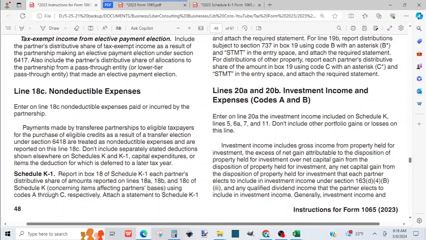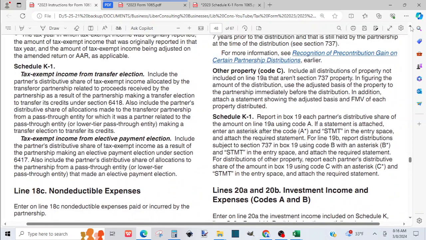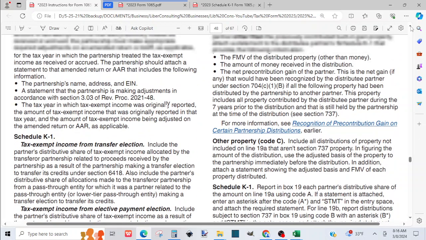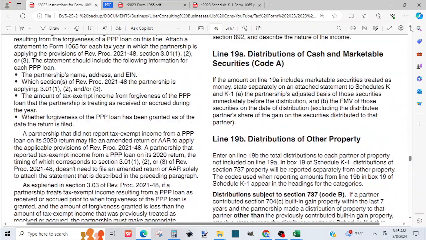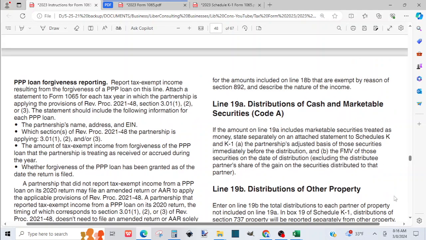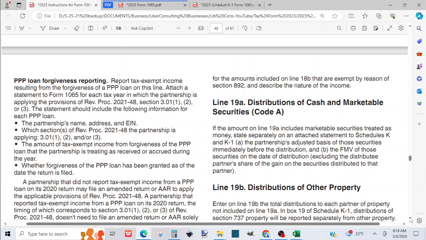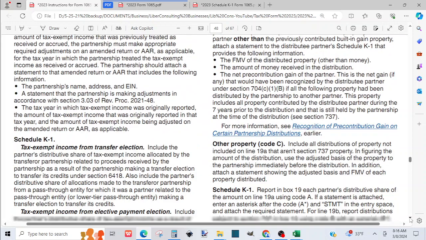$18C, consent using code AC to attach a statement to Schedule K-1. Okay, so since it's 18C, we are going to use code C,